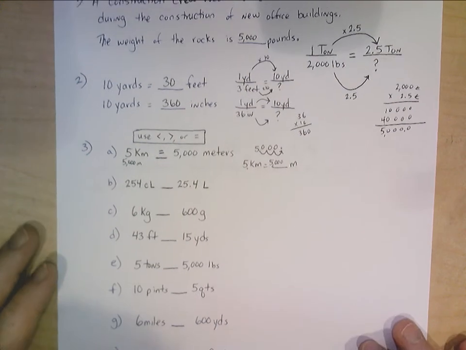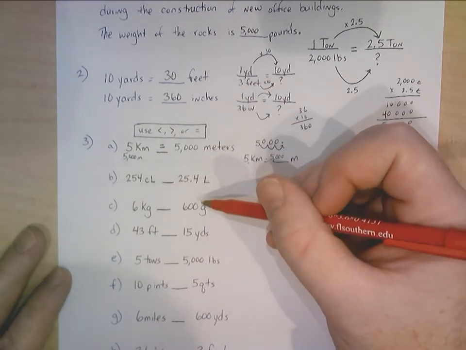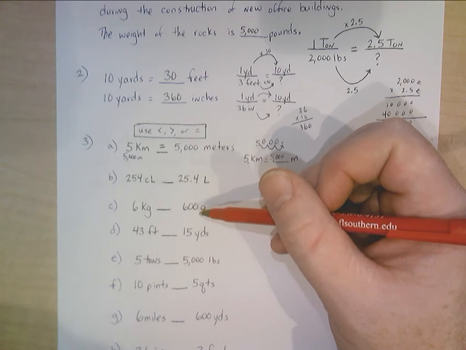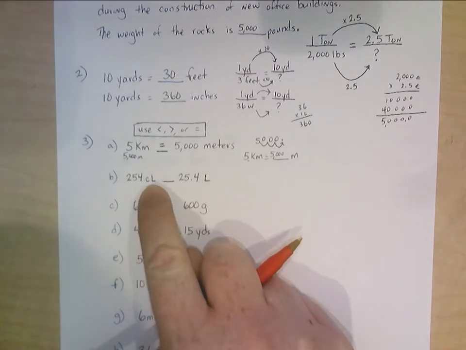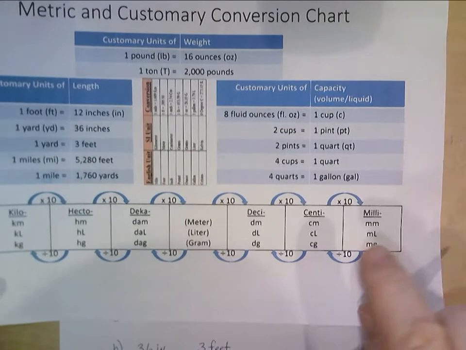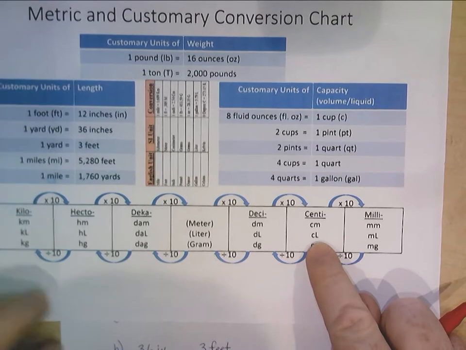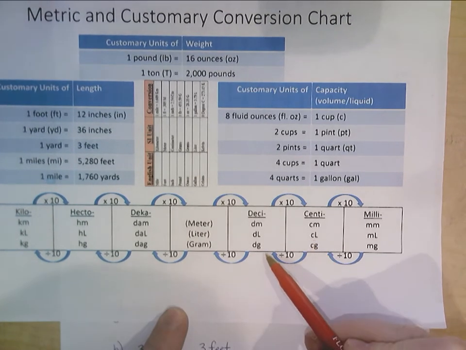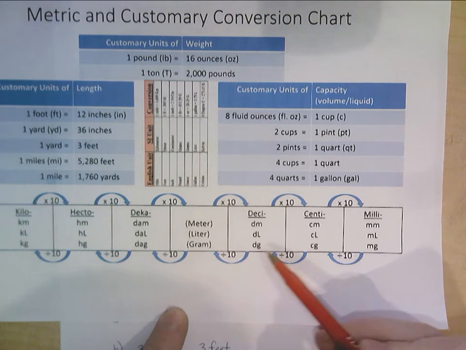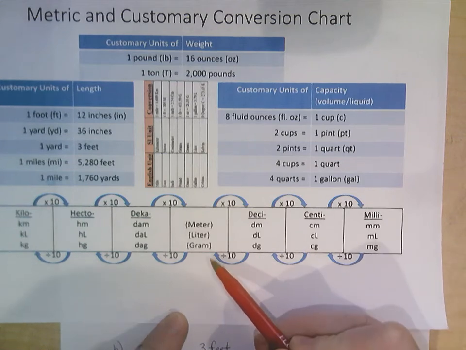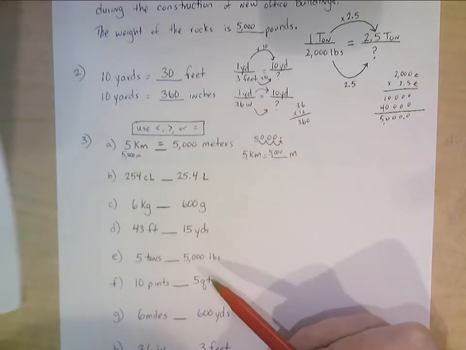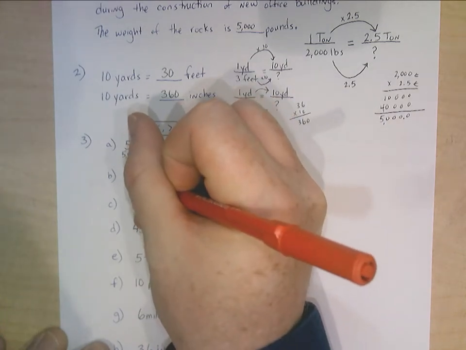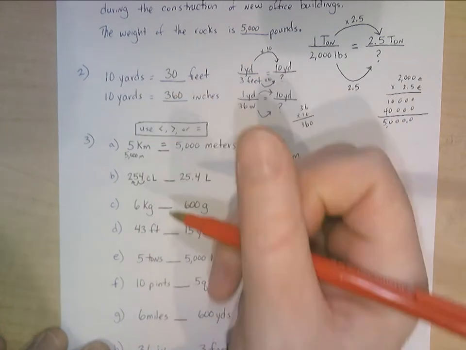And then for B, we're going to do the same thing. So for basically B and C, we're going to use the metric chart again. So I'm going to go from centiliters to liters. So centiliters is right here, liters is right here. So we're going to go to the left, 1, 2 times. So we're going to move our decimal to the left 2 times, or divide by 100. So if the decimal is right here, and we move it 2 places to the left,